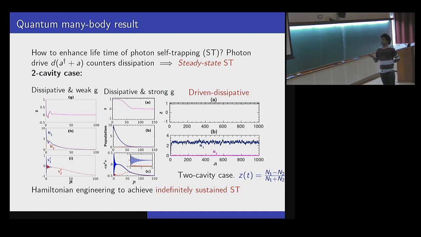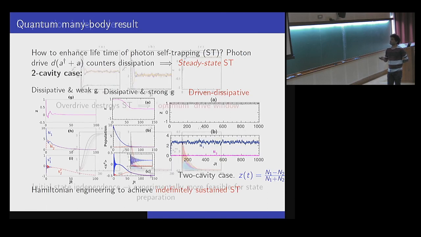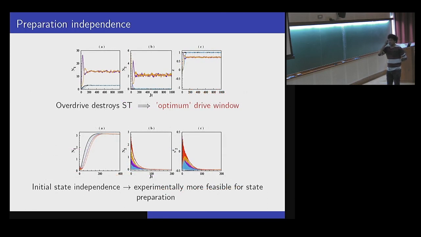So by employing drive and dissipation and choosing light-matter coupling, we have indefinitely sustained self-trapping in the system. Now, one can ask if any arbitrary drive gives us this self-trapping state. The answer is no. Here we plot these black and cyan lines for moderate drive, and the magenta and yellow